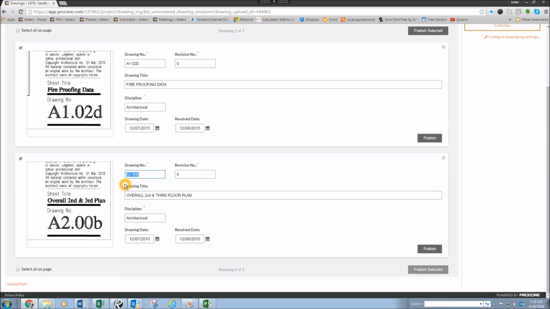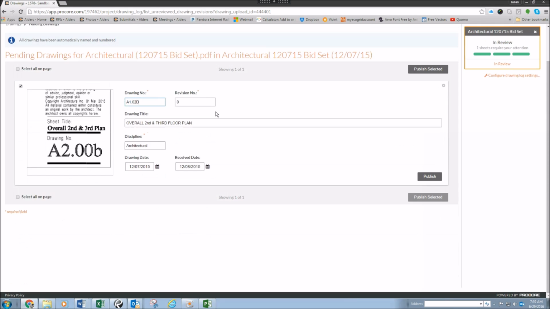So if for some reason this was a revision, a 1.02 D, well, unfortunately, in this case, it's not showing correctly. Though,